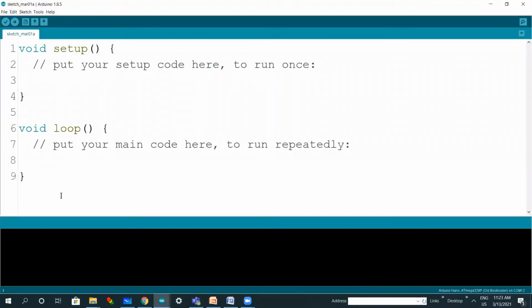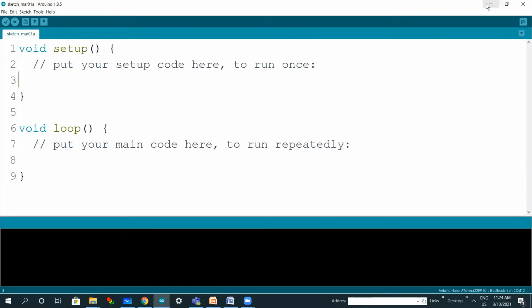This Arduino IDE contains two functions. This whole area is divided into two parts. The first is the void setup function and the second is the void loop function. We will see in detail what these two functions stand for in our video. When we write any program in this area, in between these two functions, the program that we have written is called a sketch.